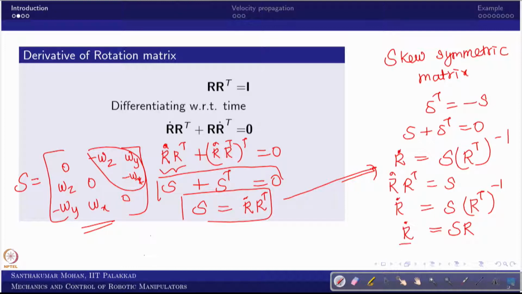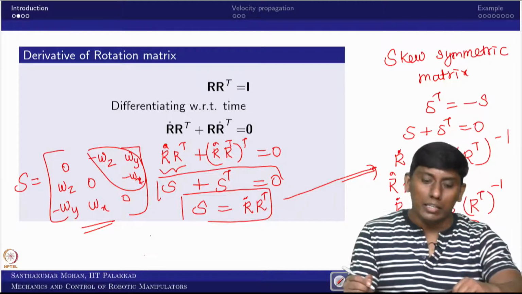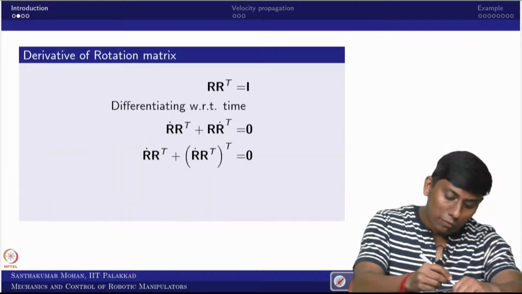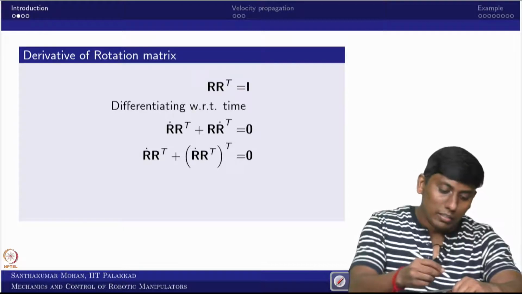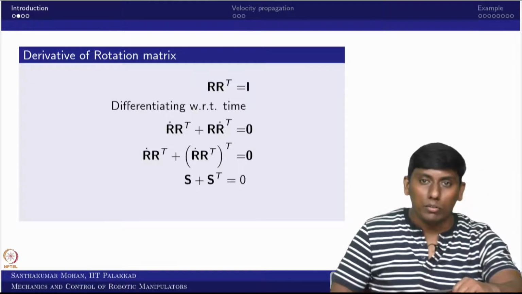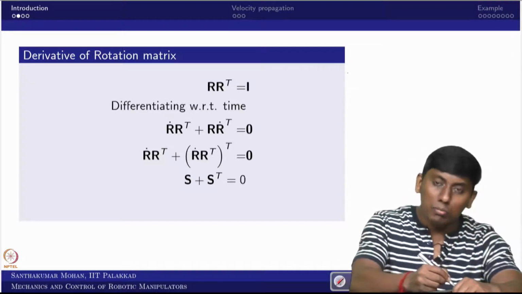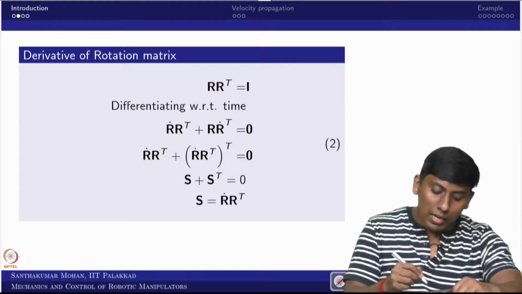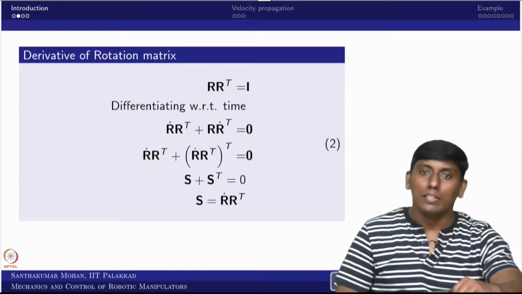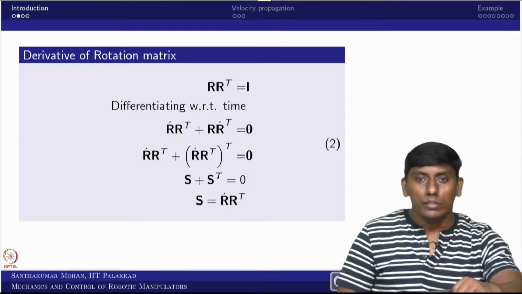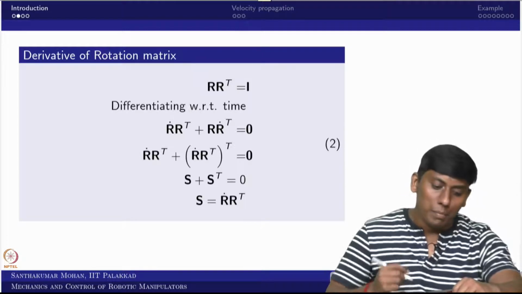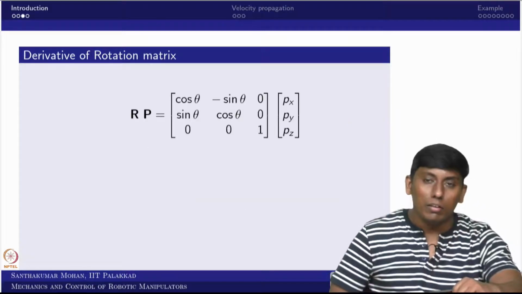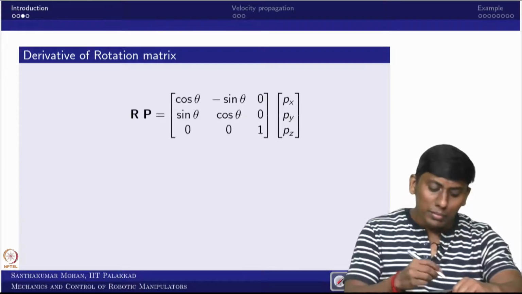So now this we can do. That is what we are trying to do. I am rewriting this equation in a better form. You can see I have rewritten this, and this I have written in skew symmetric matrix form, where R dot I can find as S times R, right? So this is one way. The other way people used to do it is something like this.